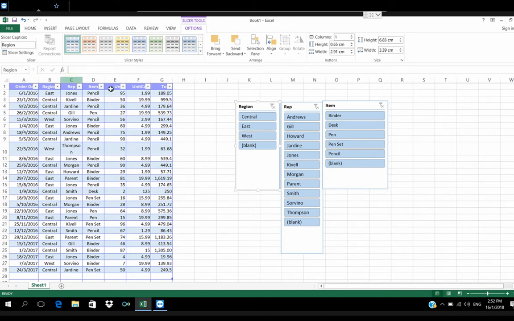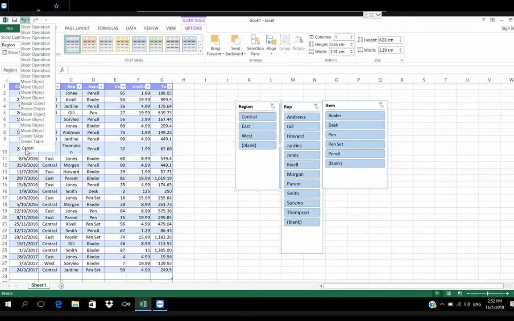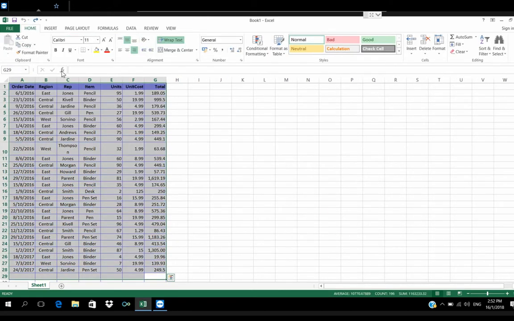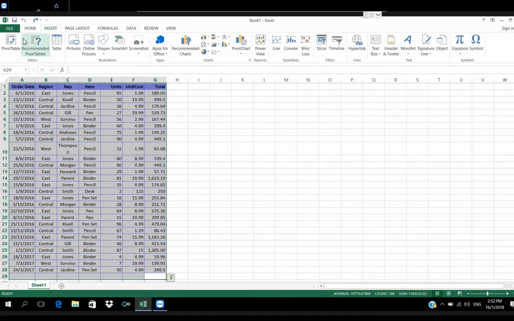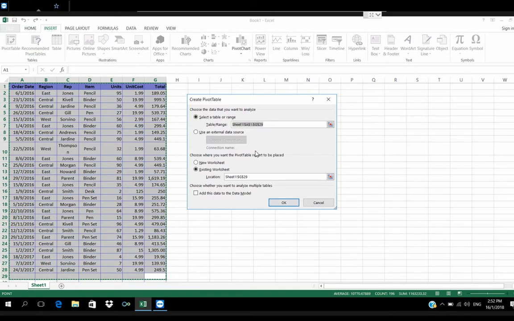Besides a table, you can also do it with a pivot table. Let's undo all the actions. You can insert a pivot table in a new worksheet.